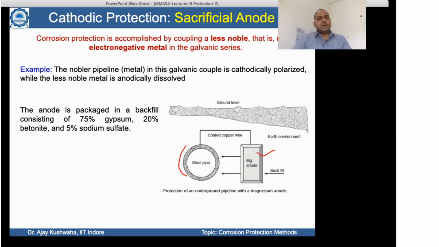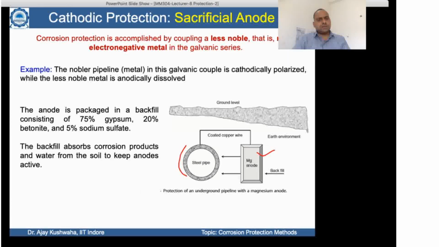The anode here is packaged in a bag fill consisting of 75% gypsum, 20% bentonite and 5% sodium sulfate. When we are inserting this anode, this kind of bag fill is also required, because it absorbs the corrosion product and water from the soil to keep the anode active. Let's say the sacrificial anode has one layer which is corroded. Now it forms a corrosion product, and it's not connecting with the environment and not producing its effect. So if you add this kind of composition around the surface,